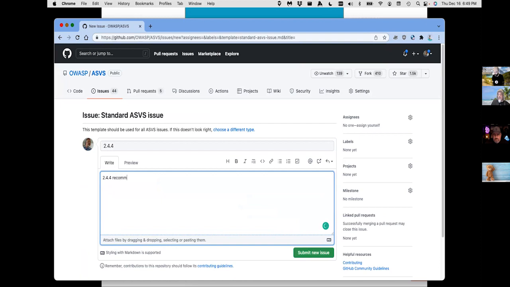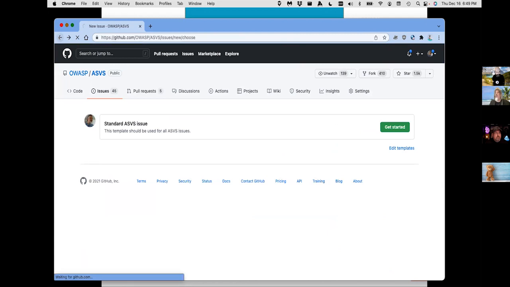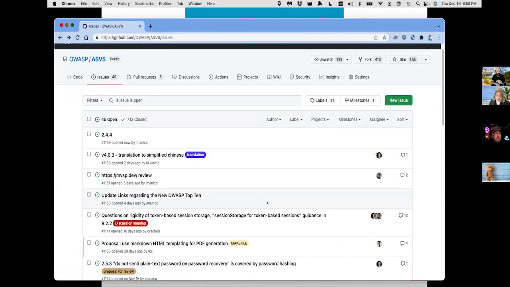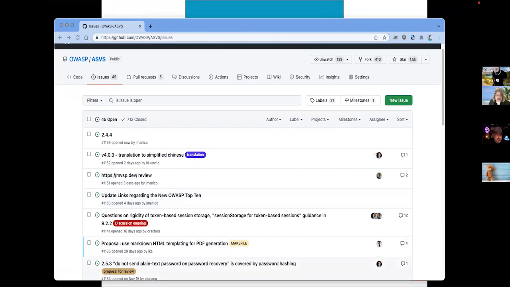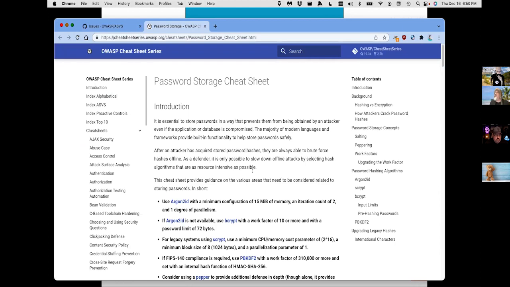2.4.4 recommends bcrypt, work factor 10, that's okay, but does not mention the 72 byte limit. So I'll fix that for you, Farshad. I want ASVS to be accurate, and I just noticed it didn't mention that, and it really should. So there you go. I'll work on it. Look at it carefully. Let's go hit the cheat sheet together. Now that you see the cheat sheet and the ASVS location, please feel free to PR me.